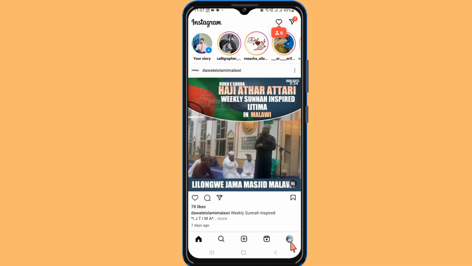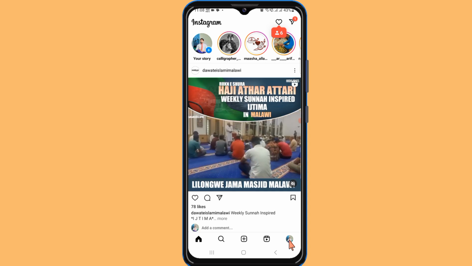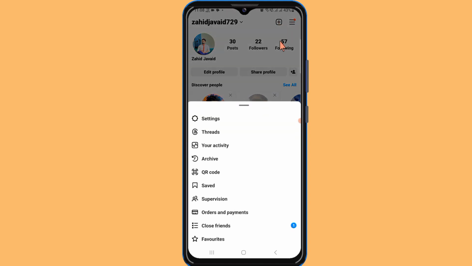After that, you will see the profile icon at the bottom. Click on it. After that, you will see three lines on the top right. Click on it and then click on settings,